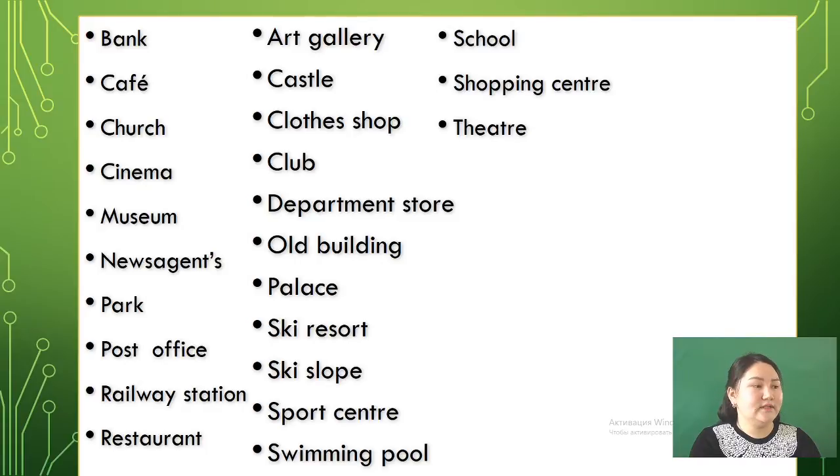So, for example, we are going to the cinema twice a month with my family, and I like going to the park at the weekends for walking, or I like going to shopping centers with my children, and at the weekends